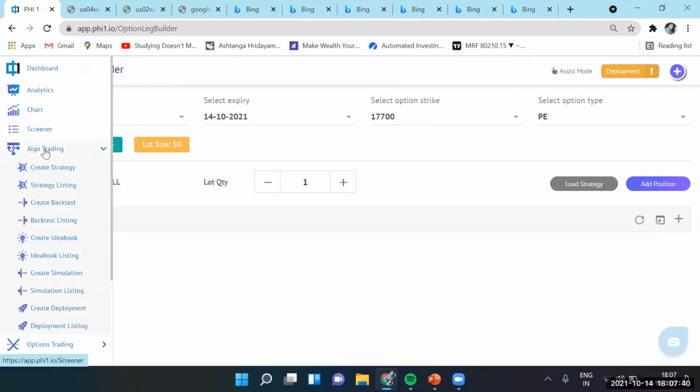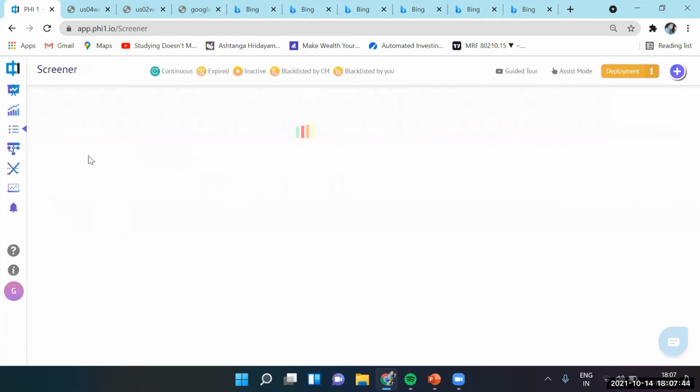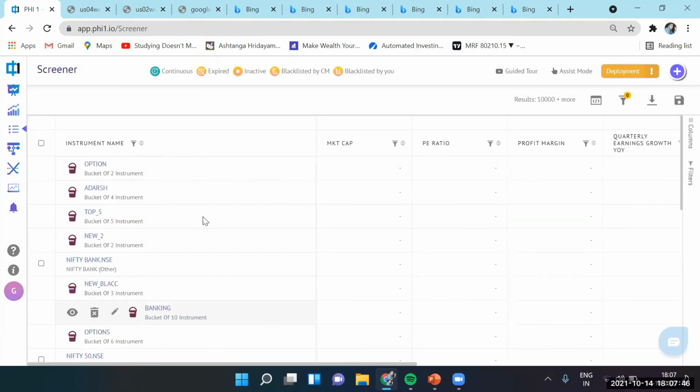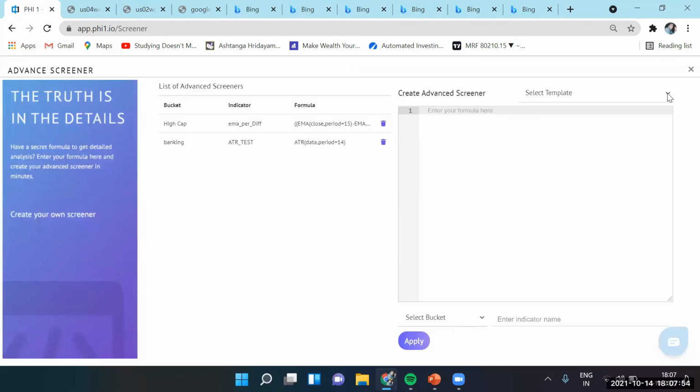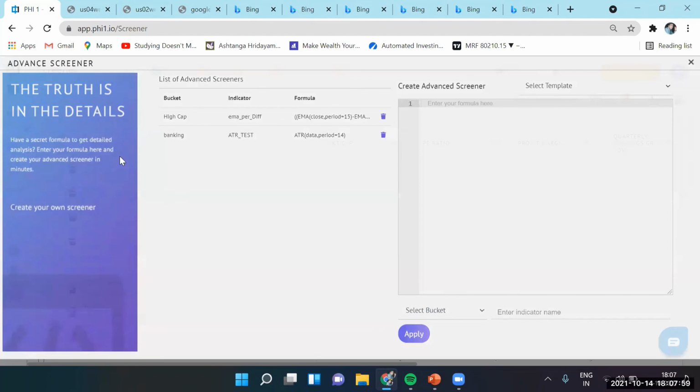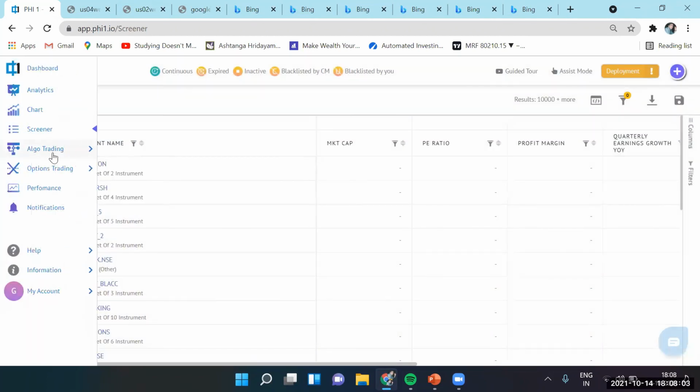So like we mentioned, how you can use it is, we have a screening tool. You list all the option instruments, you apply your criteria, and the criteria could be based on your open interest or put call ratio, whatever you feel like. Construct a bucket, and our bucket will capture all those instruments, and you can deploy it.